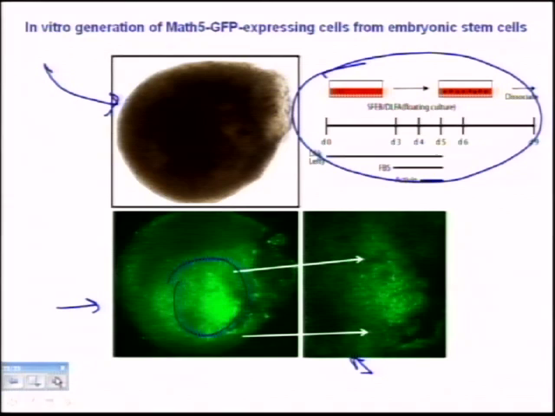And if you look even at higher magnification, I don't have a picture of it, you can see these cells look like neurons. We haven't shown they're neurons yet, but they look like they're starting to become neurons. Sure. That MATH5 GFP construct is under regulation by what promoter? By MATH5. So we've knocked it in. It's a MATH5 allele. We've knocked it into the MATH5 locus. So what we're interested in now is purifying these MATH5 expressing cells and using them for the stem cell therapy. So that's where we are with our particular experiments.